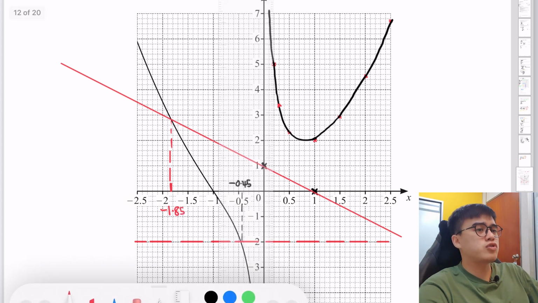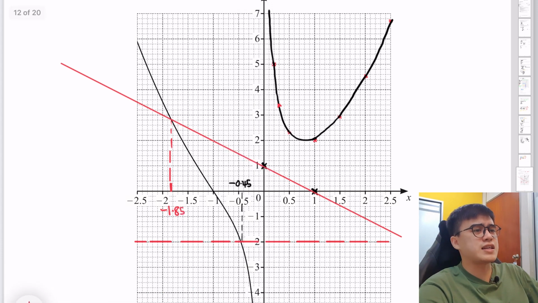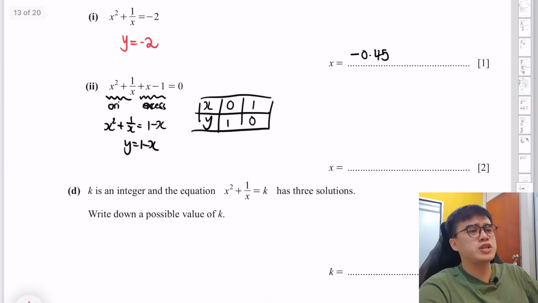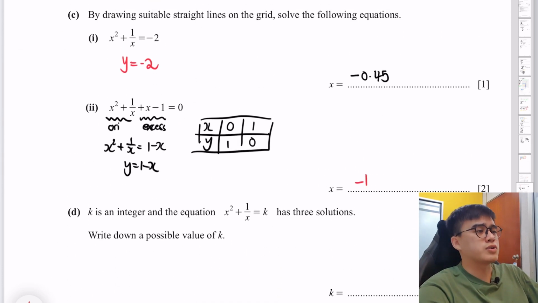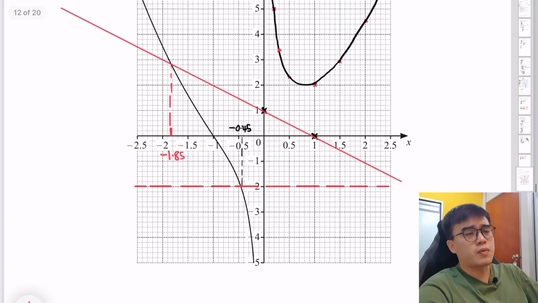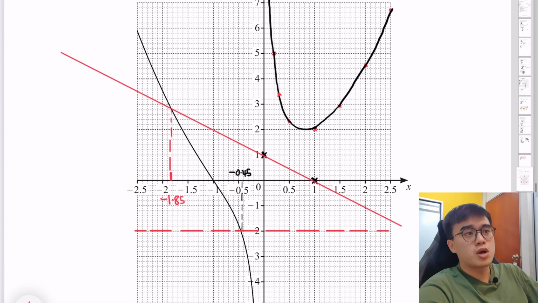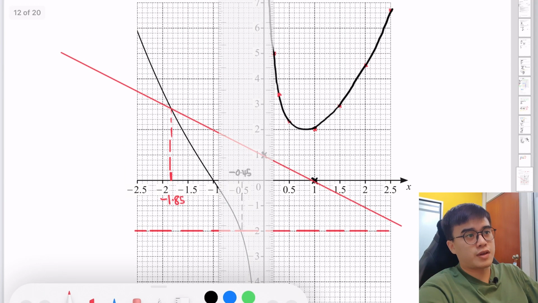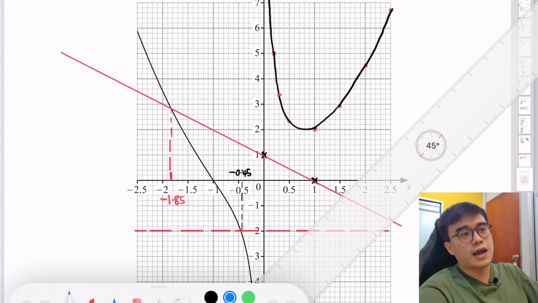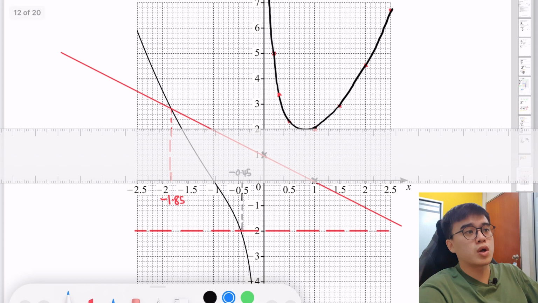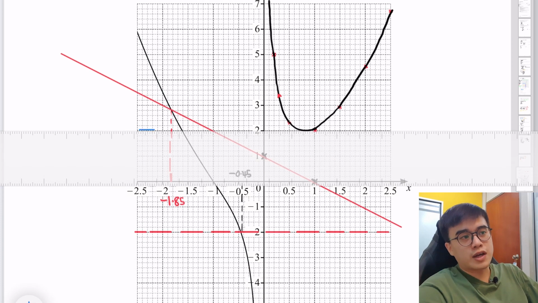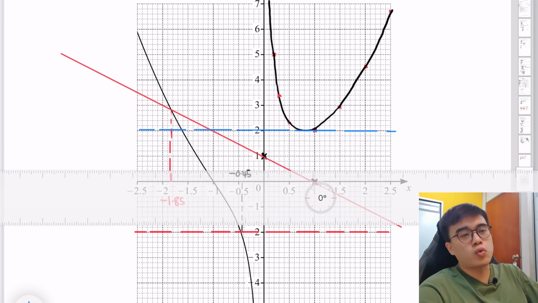Okay, so moving on to part D. K is an integer where the equation has 3 solutions, and write down the possible value of K. So based on my graph here, looking at the graph, they wanted 3 solutions and above. So I look for the curve that I drew earlier. The lowest point was located at y equals 2. So when I draw the line over there, the blue line, that's the value where I have 2 exact